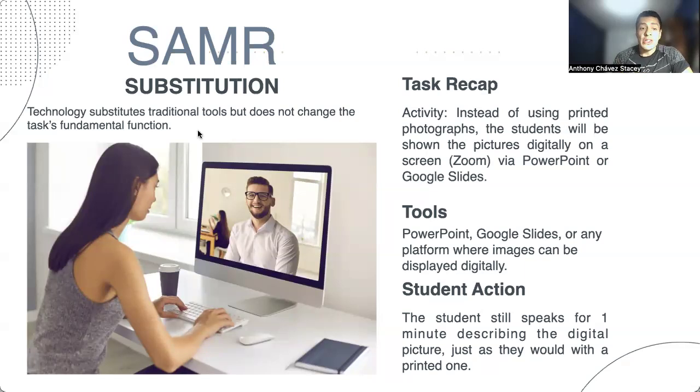Technology substitutes traditional tools but doesn't change the task's fundamental function. Task recap, the activity: instead of using printed material, in this case photographs, the students will be shown the picture digitally on a screen, such as Zoom or via PowerPoint or Google Slides. Tools: PowerPoint, Google Slides, or any platform where images can be displayed digitally. The student's actions: the student will speak for 1 minute, describing the digital pictures just as they would with a